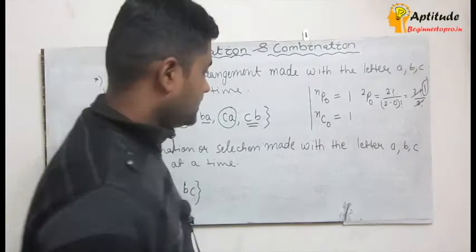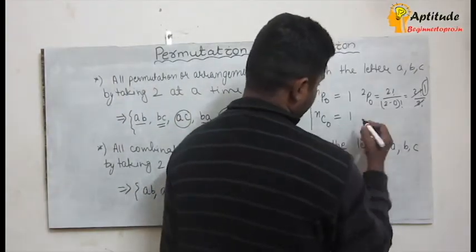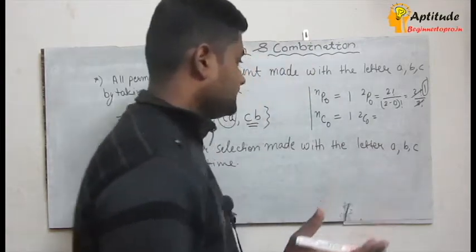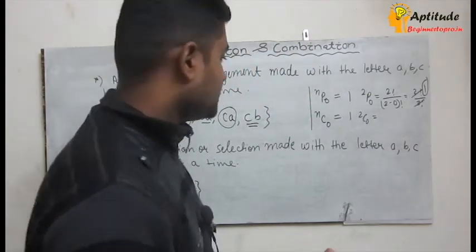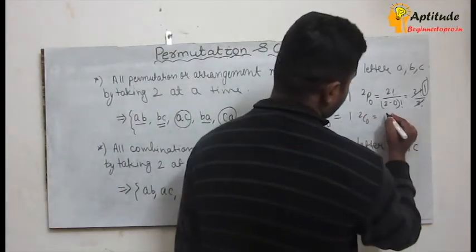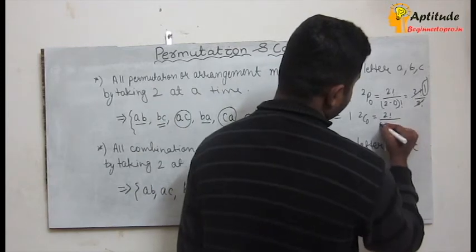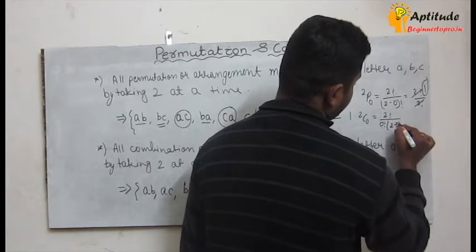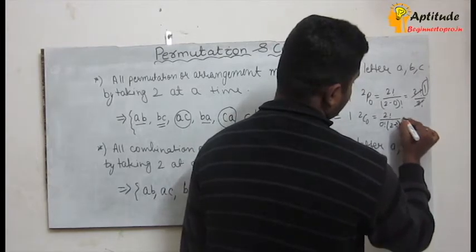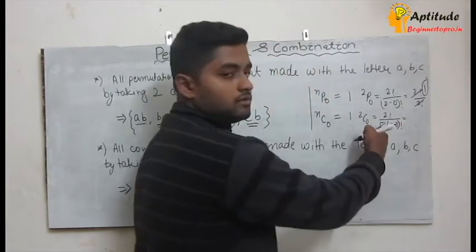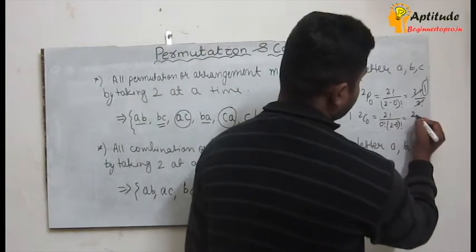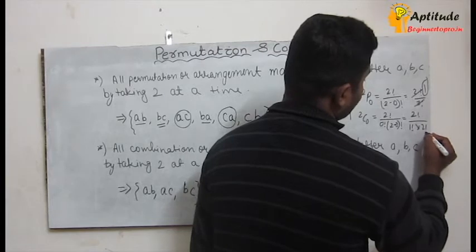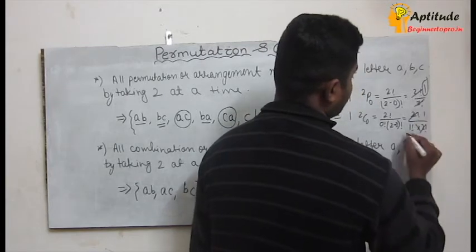Similarly, in case of NC0, we can find 2C0. What is the formula of NCR? N factorial by R factorial into N minus R factorial. So we can write 2C0 as 2 factorial by 0 factorial into (2 minus 0) factorial. Okay? 0 factorial is always 1. So this is nothing but 2 factorial by 1 factorial into 2 factorial. So the value is